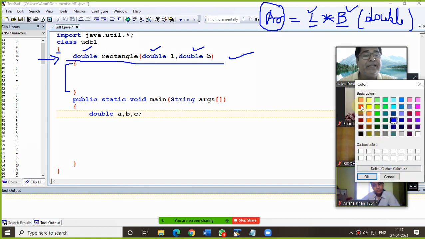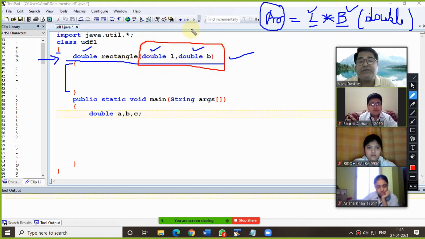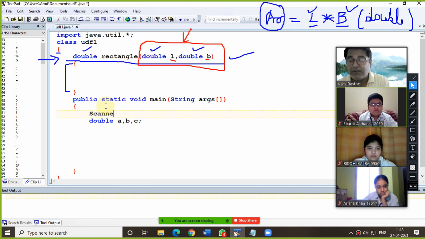So how many parameters are there? Two. There are 2 parameters. So this number of parameters shows that these are the inputs required from the keyboard. And in this program, we are going to take input from the keyboard. So the scanner is required as usual, as we were doing earlier also. So here also we are using the same thing.